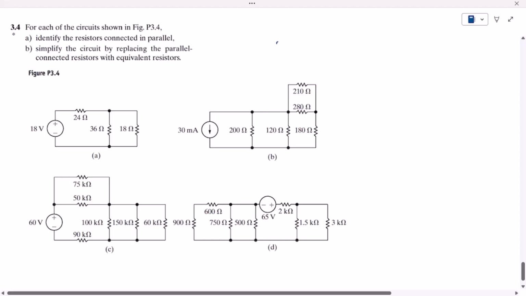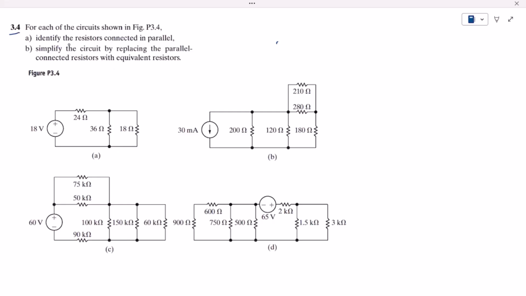Welcome back, guys. I hope all of you are fine. So this is question 3.4 of our chapter 3 from the book of Electric Circuits by Nilsson. The statement of this question is, for each of the circuits shown in figure P3.4, and we have here A, B, C, D figures,